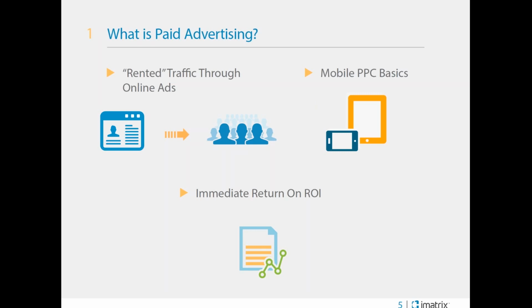If someone clicks on your PPC listing, they arrive at your website and you are charged the amount of your bid, hence pay per click. So if you bid 15 cents per click on a specific keyword, and that's the highest bid, you'll probably show up first in line. If 100 people click on your PPC listing, then the search engine or PPC service will charge you $15. So that's essentially how PPC works. You can pay to have that top spot.